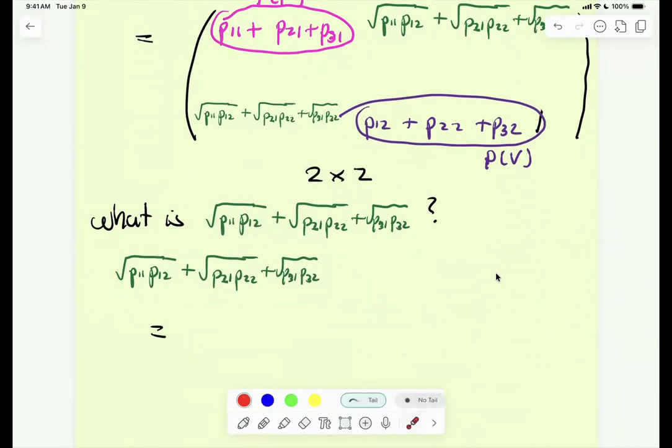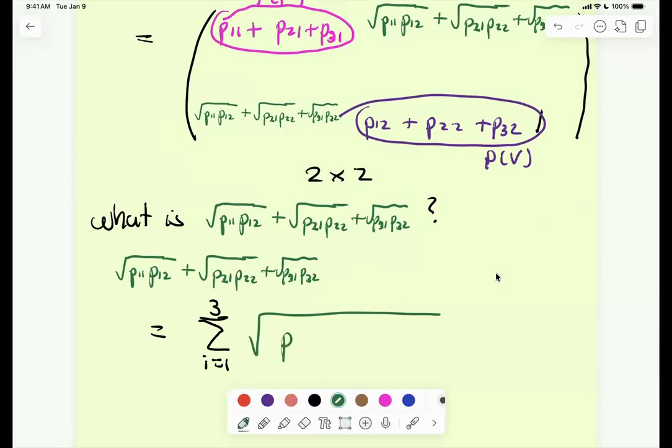You have to identify where a sum is taking place, because if you notice, the second entries of these numbers are always 1, 2, 1, 2, 1, 2. That's fixed. The only thing that's being changed is the first index: 1, 1, 2, 2, and 3, 3. So there's an index that's being summed over, and it's the first index that's changing. So this is a sum from i equals 1 to 3 of, let me emphasize where the change is happening.